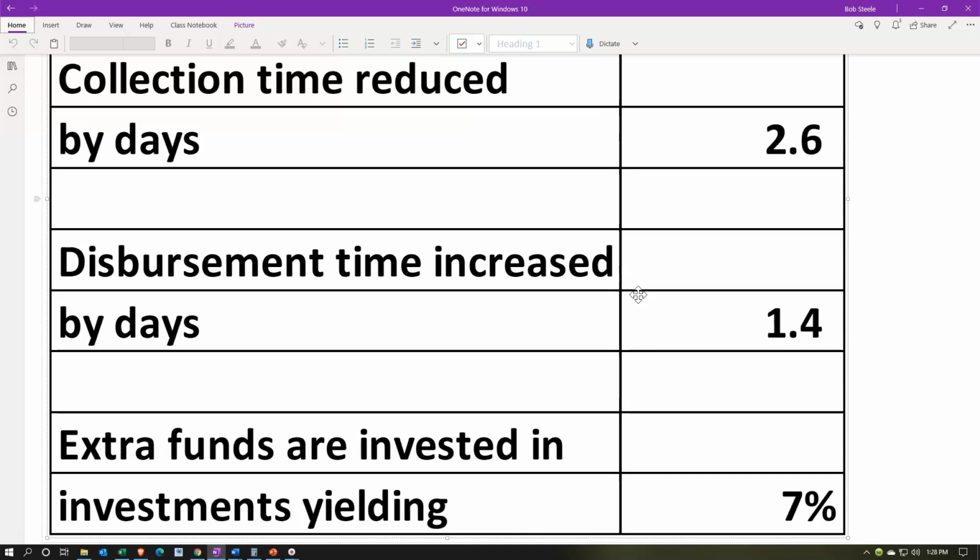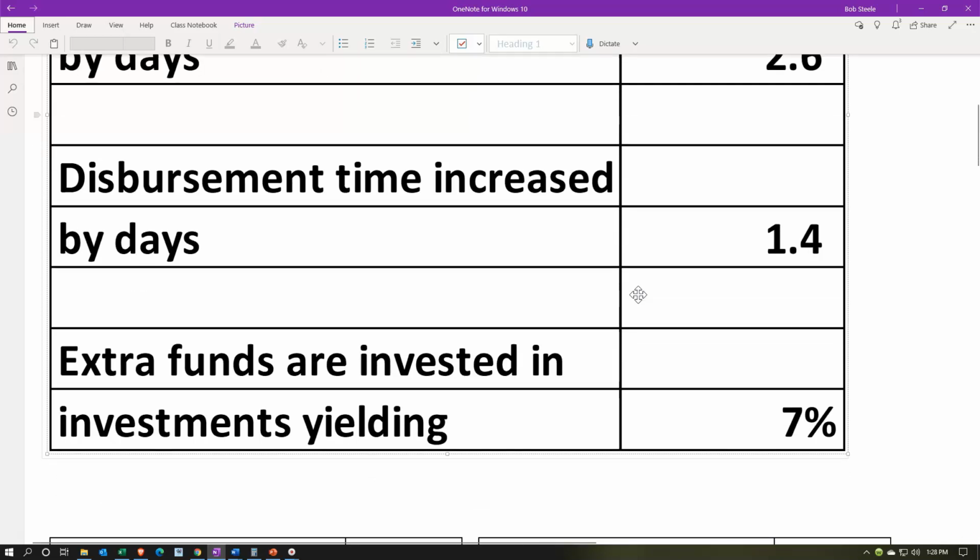So if we could do something to basically increase the number of days on the disbursements, 1.4 days, the checks that are going out, possibly even slowing the process of the checks clearing the bank or something like that, to have it take a little bit longer for the disbursement times 1.4. Then we were going to think about what kind of funds might be freed up if we were to do that. And then if we had those freed up funds and we wanted to do something with them, we want to put them in an investment, perhaps a savings account, or use them in some way to get a return